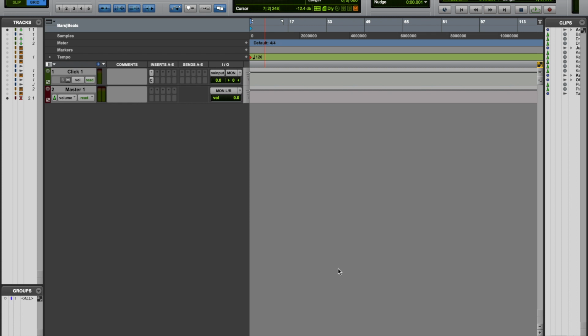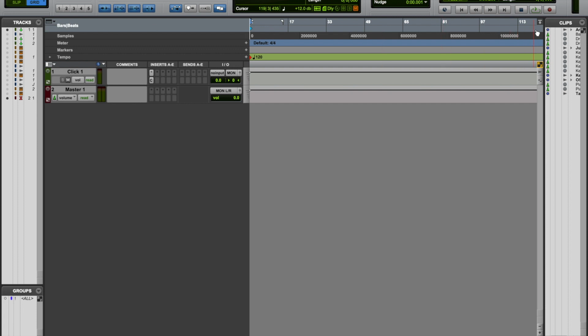All right. So to start this off, we're going to make sure that the main counter is in bars and beats. Now, this is just for the exercise portion here, and it's just a checklist of how you want to run through your session as well. So I want to make sure my bars and beats is selected. I want to make sure that on the left I can see my tracks